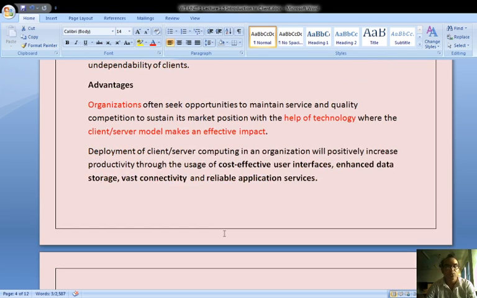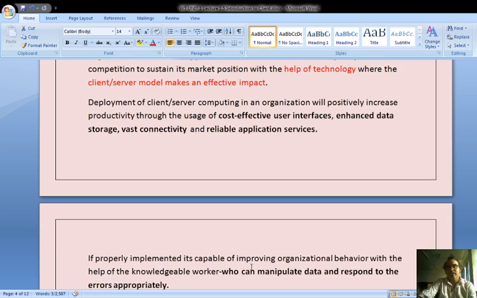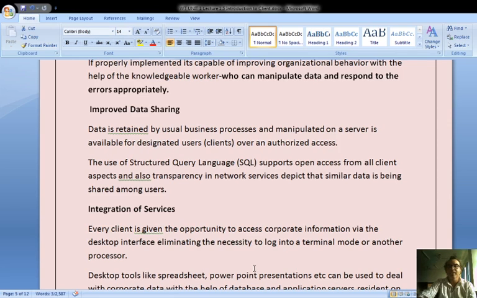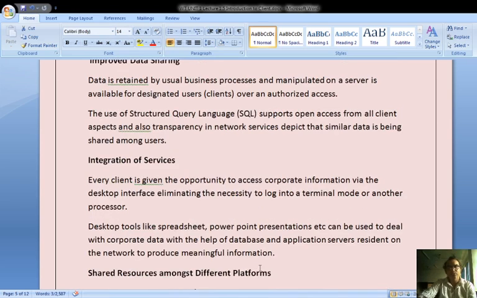Next, what are the advantages? The advantages of client server computing are many. It is a very cost-effective technology, and it provides a cost-effective user interface, enhanced data storage, fast connectivity, and reliable application services. Next important thing is that it improves data sharing.